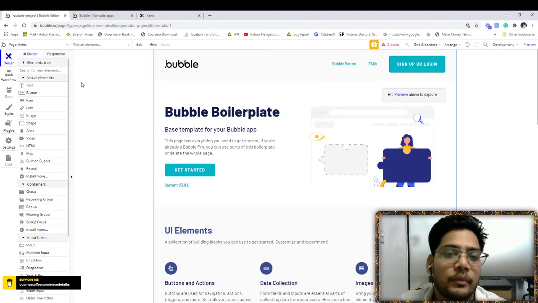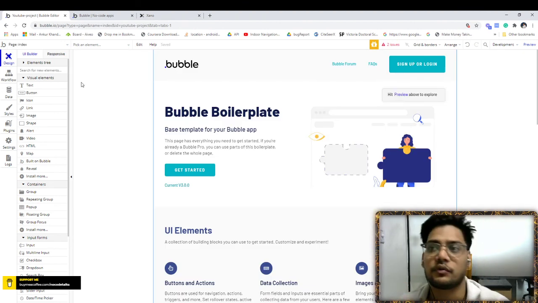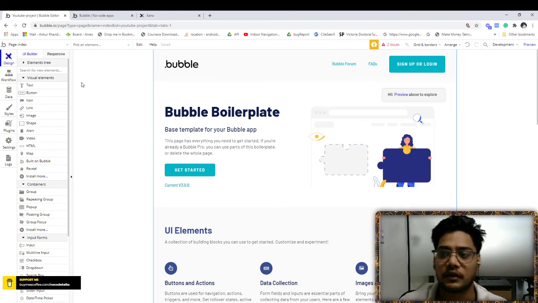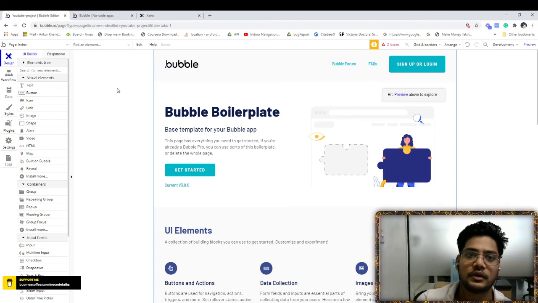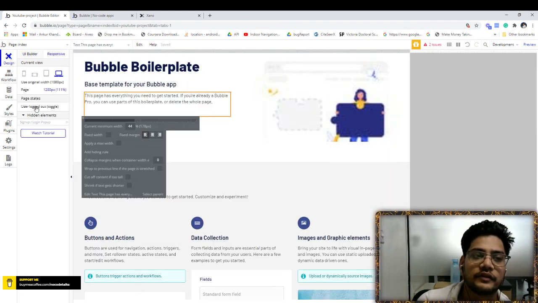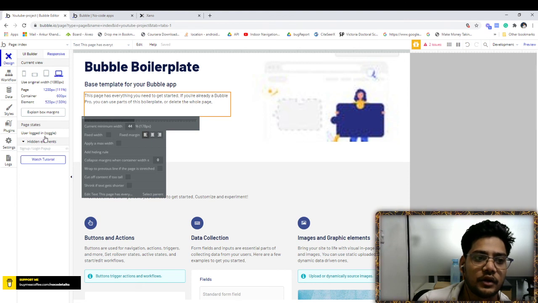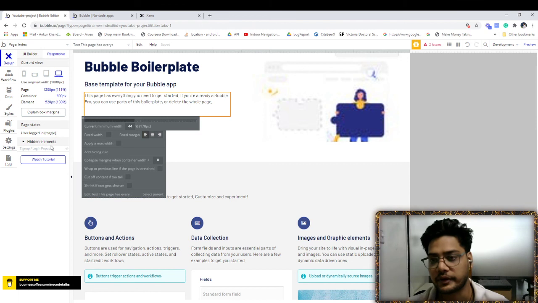Just for the sake of assumption, consider this a dashboard. So navigate after the sign up, move to this page, and in the click on responsive, set up the page state to user logged in. It will help you a lot. It will automatically manage which page needs to show when the user is logged in, and which page the user should not see when not logged in.